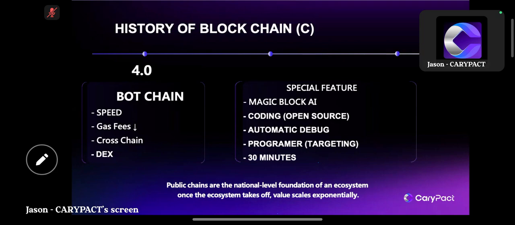You see, for a developer or programmer to create a project, it's going to take about 3 weeks to 6 weeks or maybe 8 weeks to complete the entire debug systems and everything. But with our Magic Block AI, can you imagine the programmers can save 90% of their time, just in one day. They are able to create simple coding, and the debug system is also provided by using our AI block agent.